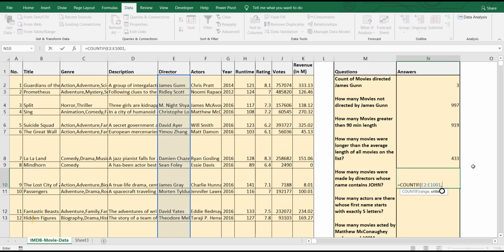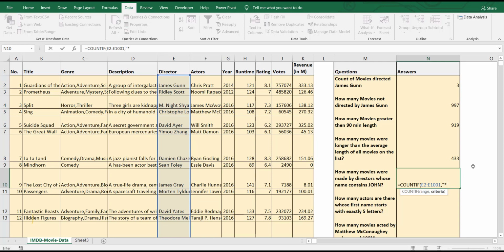Whenever you get a task to find a pattern, like now we need to find directors whose name contains John. We are not saying whose name starts with John or ends with John. We are saying whose name contains the word John. So what we need to do is put a double quote, asterisk.